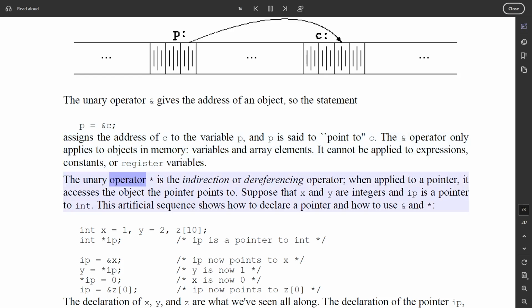The unary operator * is the indirection or dereferencing operator. When applied to a pointer, it accesses the object the pointer points to. Suppose that x and y are integers and ip is a pointer to int. This artificial sequence shows how to declare a pointer and how to use & and *. int x = 1, y = 2, z[10]; int *ip; /* ip is a pointer to int */ ip = &x; /* ip now points to x */